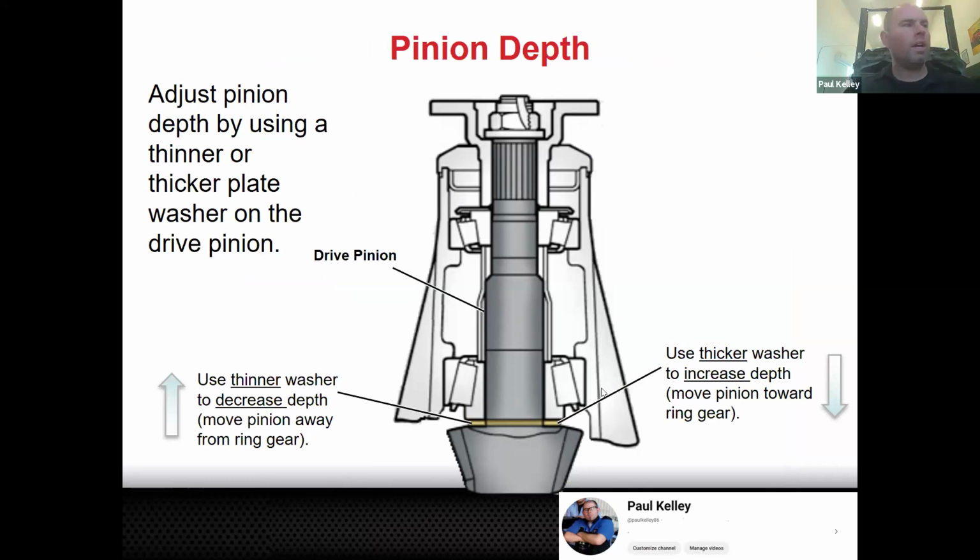The pinion depth all has to do with how deep this pinion plunges. So if this is the outside of the differential case or the carrier, the pinion is going to go either deeper into the ring gear, because the ring gear lives down here, right? It's going to go either deeper in the ring gear or shallower. That would be controlled by this shim right here in yellow. So if the pinion depth is too shallow and we need it to be deeper, we use a thicker shim. If it is too deep and needs to be shallower, we'd